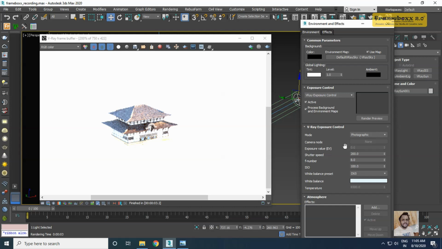The people who are from a photographic background can change the values just like a real camera, but for tutorial purposes, I will just keep it to the EV parameter. EV stands for exposure value, and I'll keep my exposure value to 1. The value of 1 works for most scenes, and the white balance I will switch to daylight.